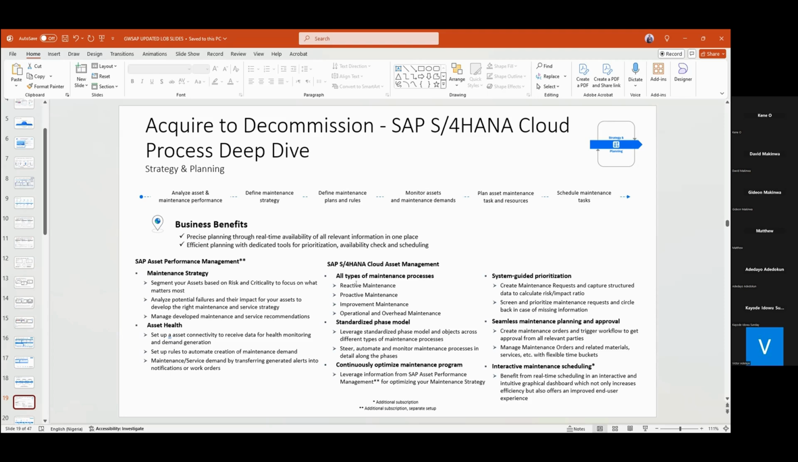We don't have to keep working on the asset every day before it breaks down. We just wait, when it breaks down, we work on it and we get back to work immediately. So we have the proactive, which is used for